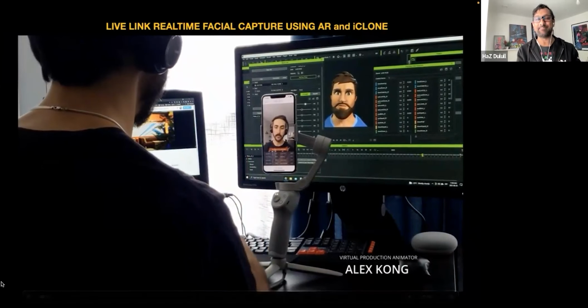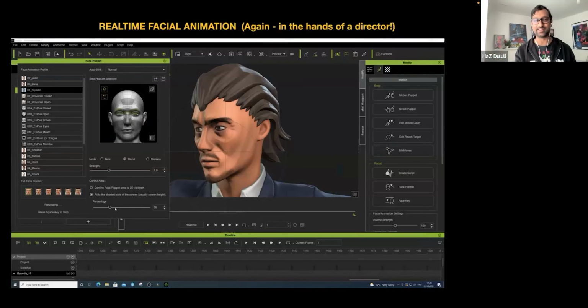It's really great because he placed the camera in a position where I could see his performance on the iPhone, which is the AR capture, and I can also see his performance in iClone. And also I can see him if he wants to turn around and talk to me. So it's a nice behind the scenes. It's one of my favorite behind the scenes. It really shows how you could make remote directing work for you if you've got it nicely planned out. So yeah, it's really good. That was a good time.